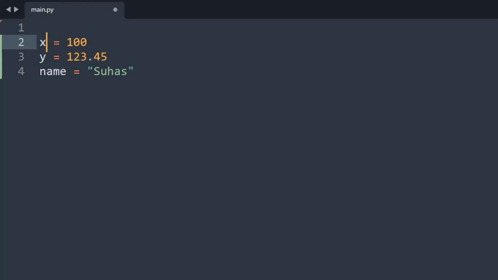So the data type of x will become an integer, right? And here 123.45 is a floating point number because it has a decimal point, 0.45. I have stored this value inside variable y. Now the data type of y becomes float, right?